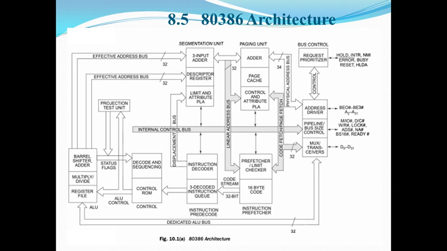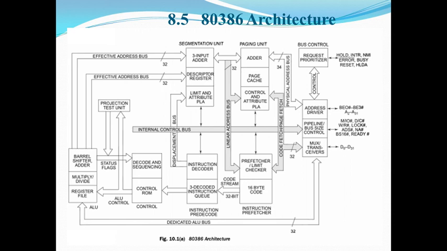The paging unit organizes the physical memory in terms of pages, that is, whatever segmentation of the main program we are going to perform. So here pages stand for the fixed size segments, that is 4 KB size each. The paging unit works under the control of the segmentation unit. Each segment is further divided into pages. The virtual memory is also organized in terms of segments and pages by the memory management unit.